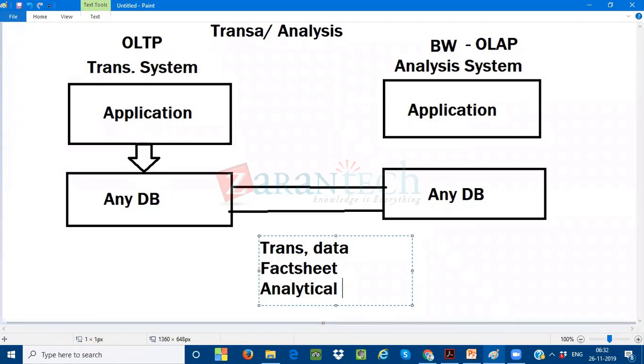So for a transactional report, the day-to-day transactional report, if I want to see any transactions, such as the total balance for today's transactions, I'm talking about a date like 25/11/2019. So today's date, for example, the past 3 days or the past 1 week of data. If I want to extract any kind of report, I no need to depend upon my BW system